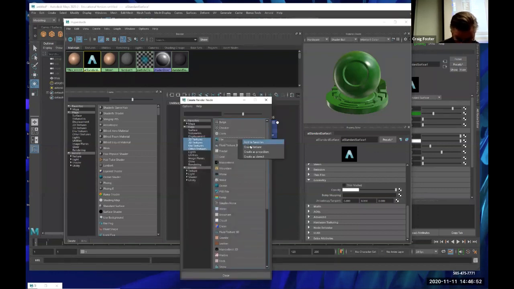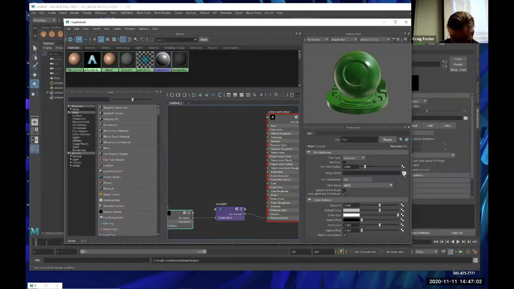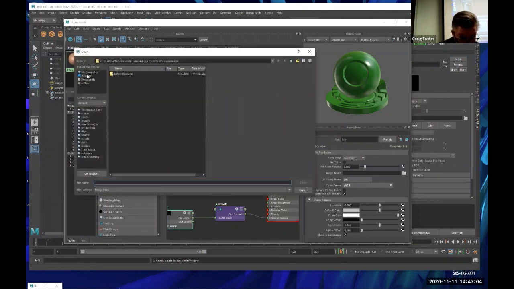So let's follow that for a second here. We know we're using a normal map, so we're going to change this to tangent space normals. And we're going to grab our